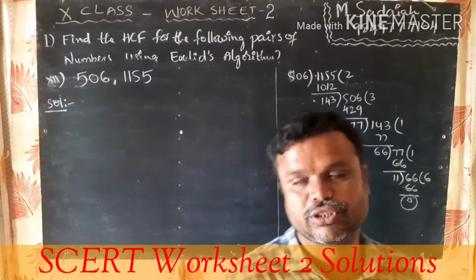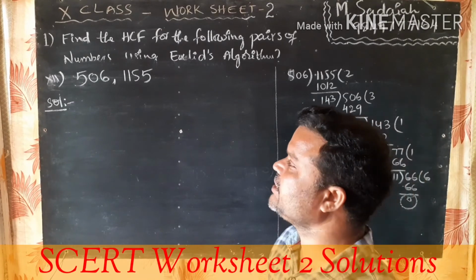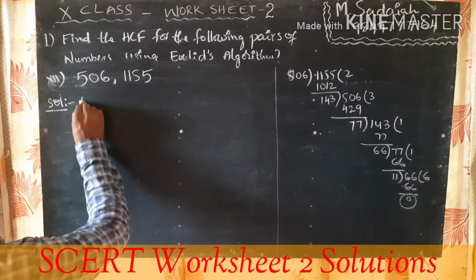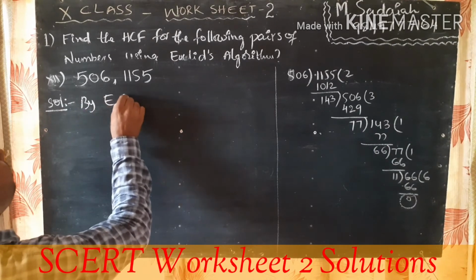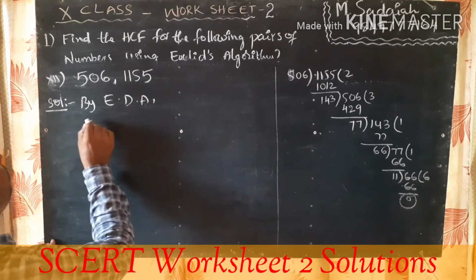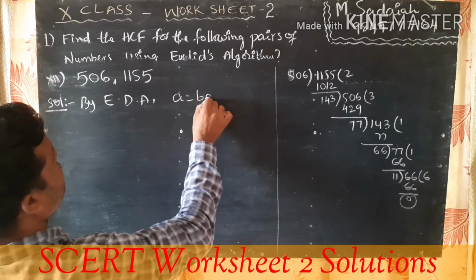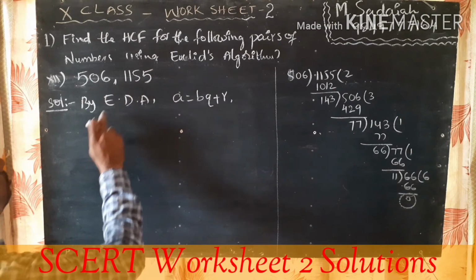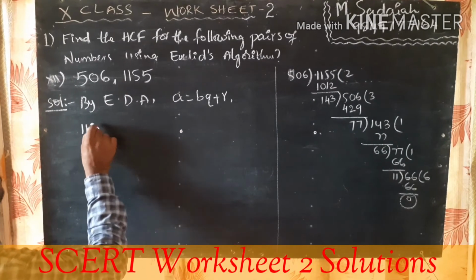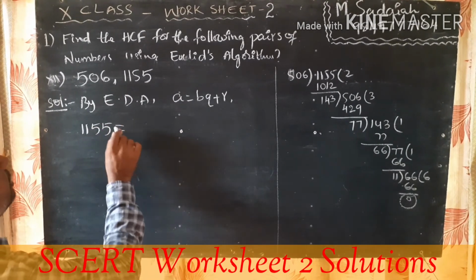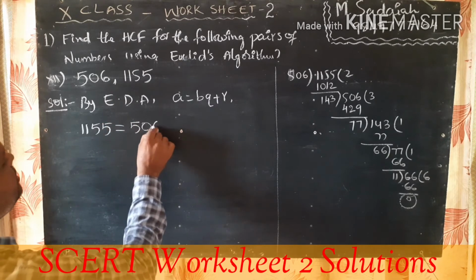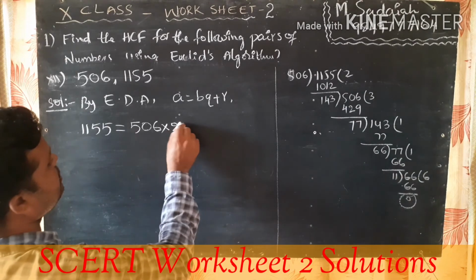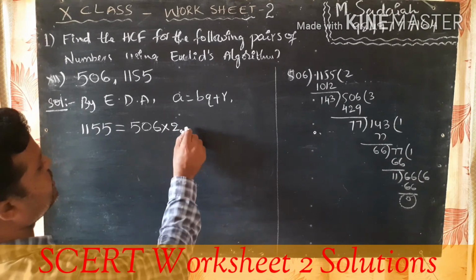Another question is, find the HCF of 506 and 1155 by Euclid division algorithm. By Euclid division algorithm, A is equal to BQ plus R. A means the big one. In these two, 1155 is the big one, which can be divided by 506. In the 2 table it will go. 506 into 2 is 1012. The remainder is